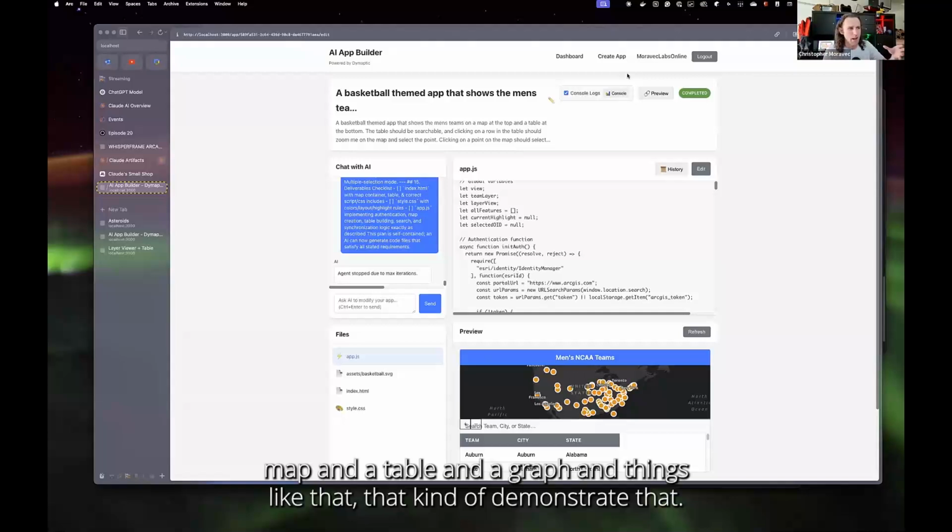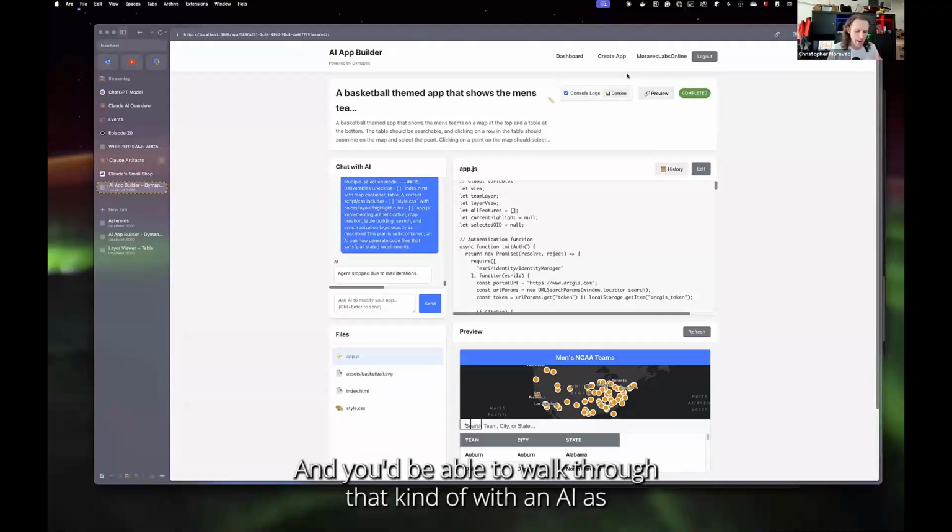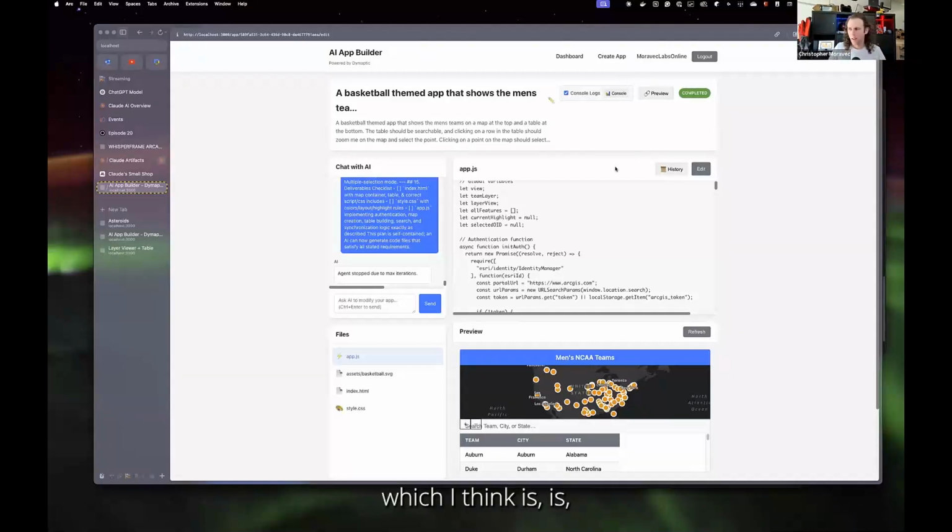You'd be able to walk through that with an AI as an augmented process, which I think is the next step in all of these tools, as all of these AIs as tools.